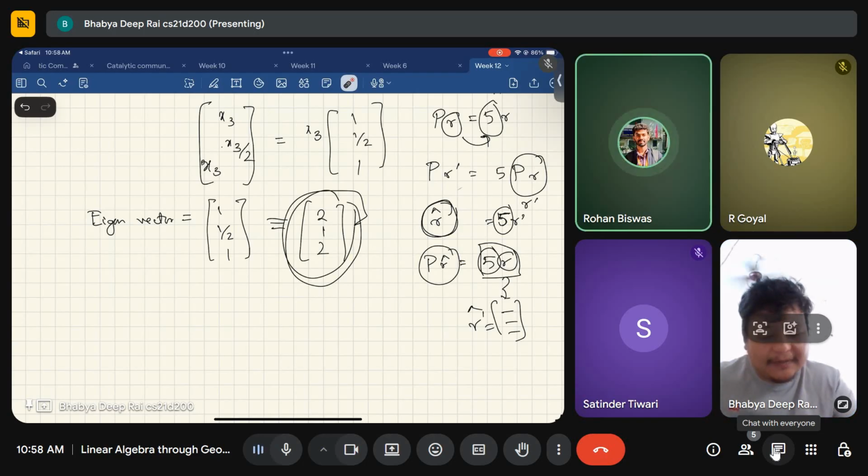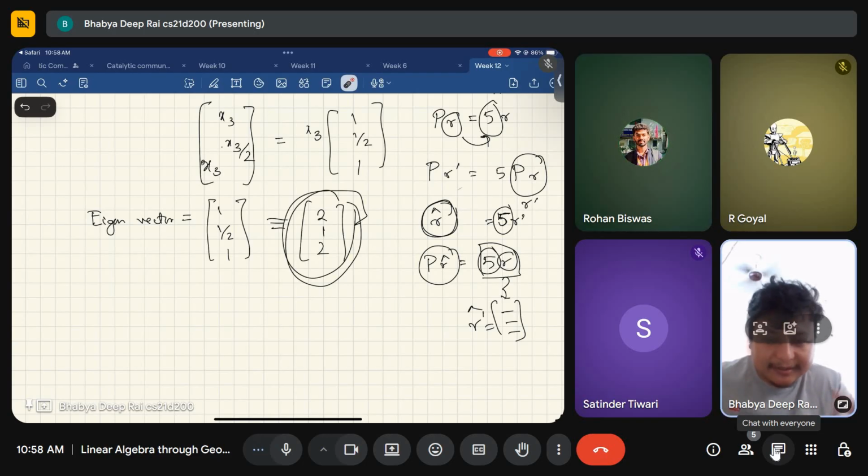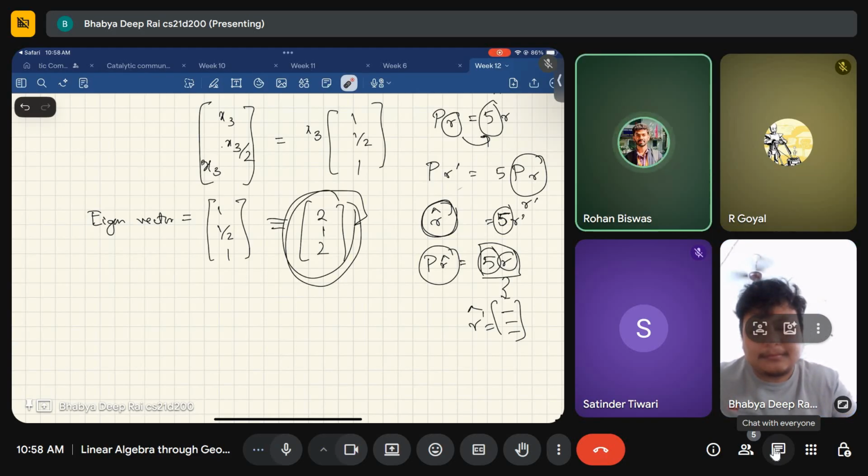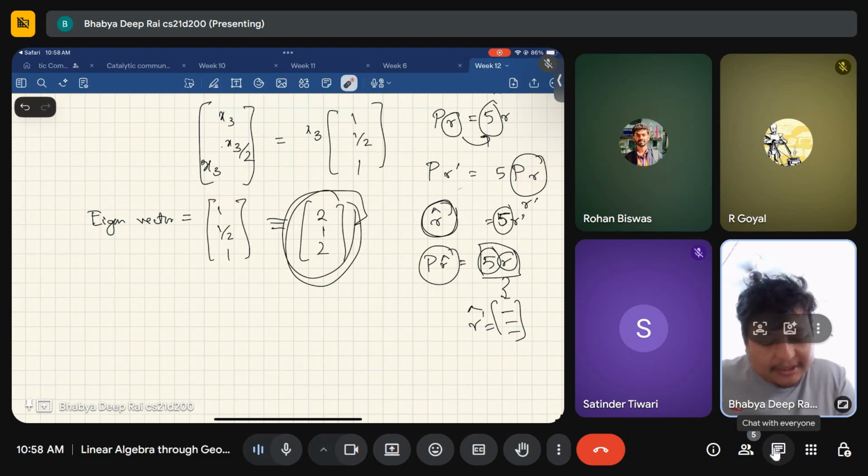Okay. If I need to do that, then I need to find the L2 norm. But after dividing 2, 1, 2 by 5, isn't it also a stochastic vector? Can't we say 2 by 5, 1 by 5, and 2 by 5, without taking the L2 norm, just dividing it by the total sum? Isn't it also a stochastic vector? No, because you will get an R which is